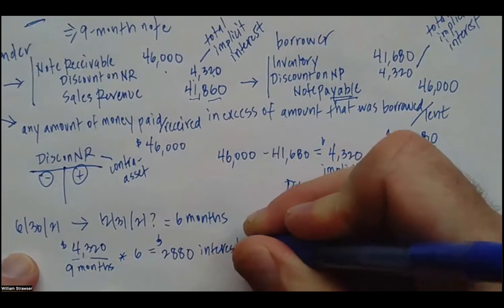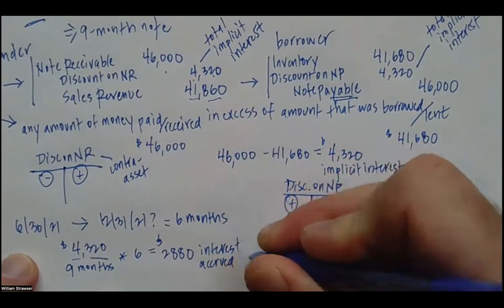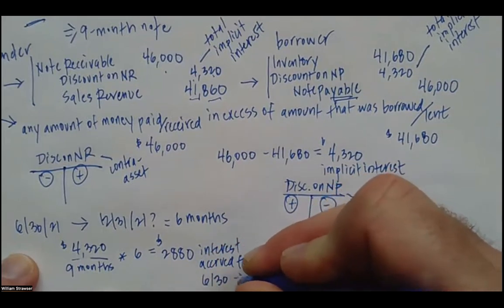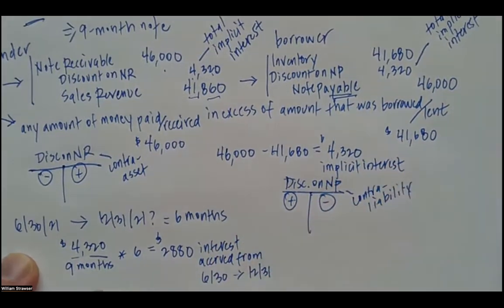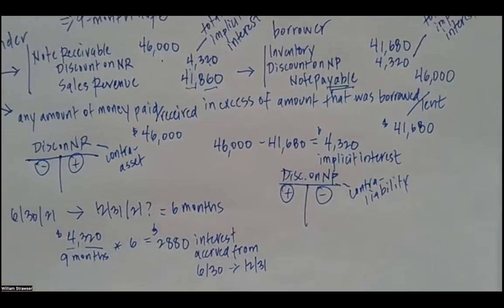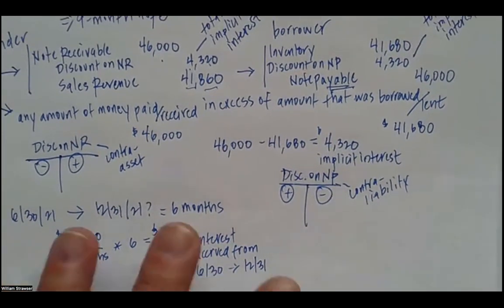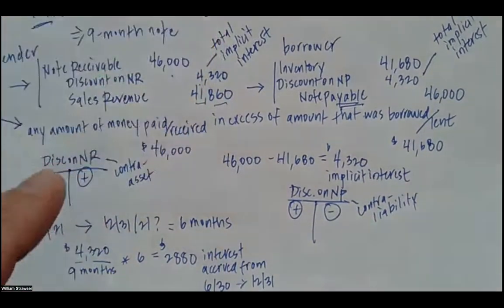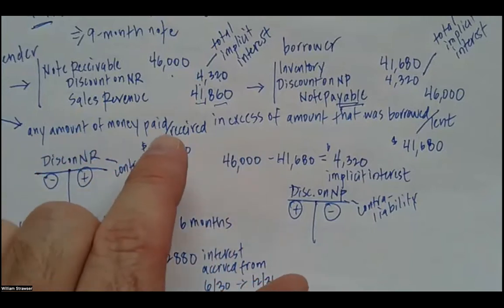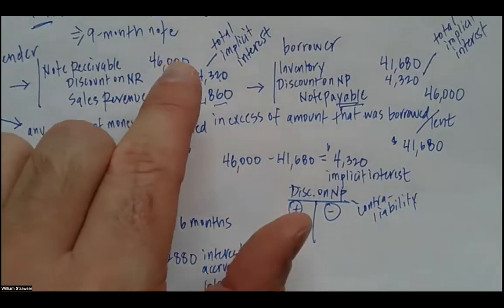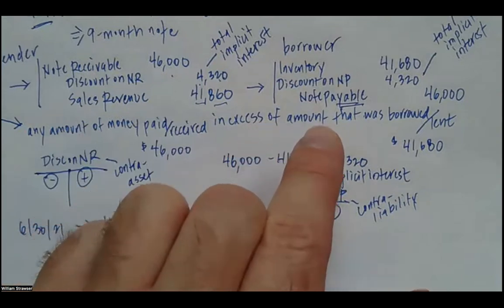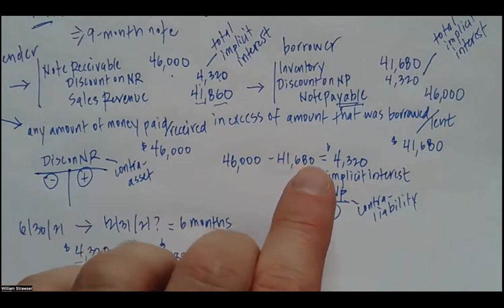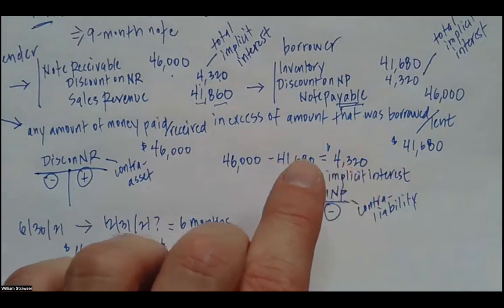Interest accrued from 6/30 to 12/31. So when I record this, there's a couple of ways I know this is total implicit interest, because I just defined it for you. I said any amount of money that's going to be received by the lender in excess of the amount that was lent, right? So I know by subtracting those two, this is the total excess,